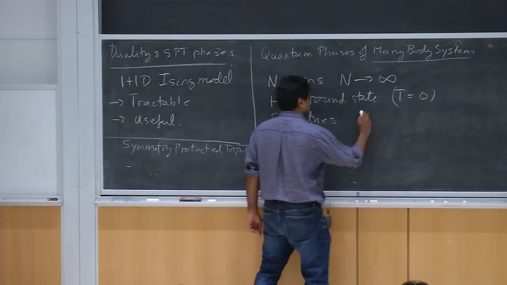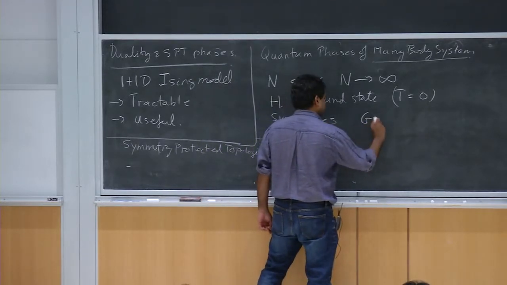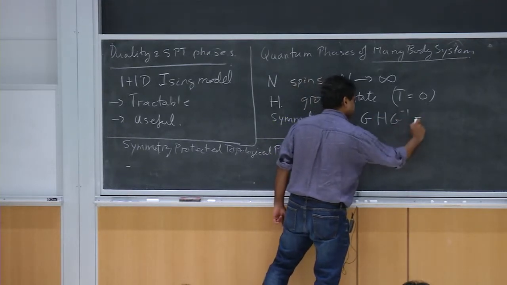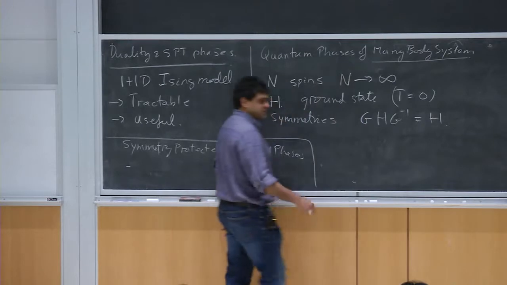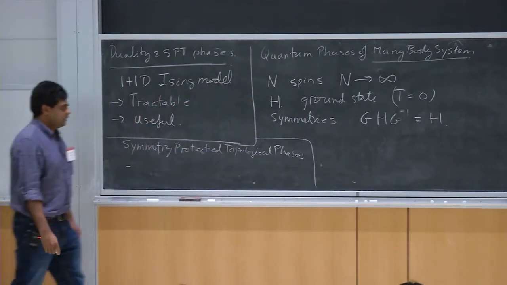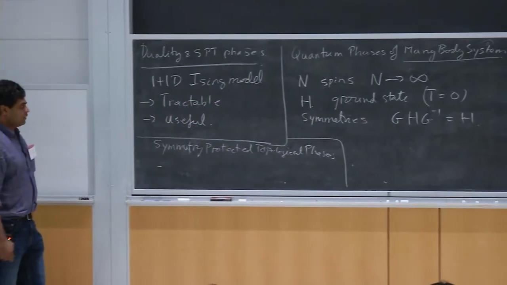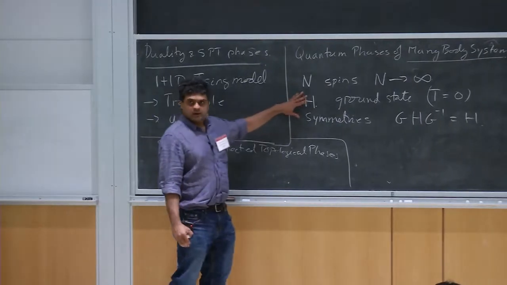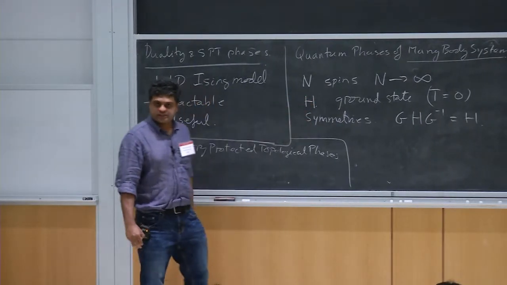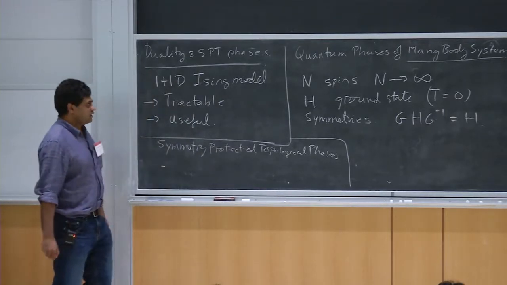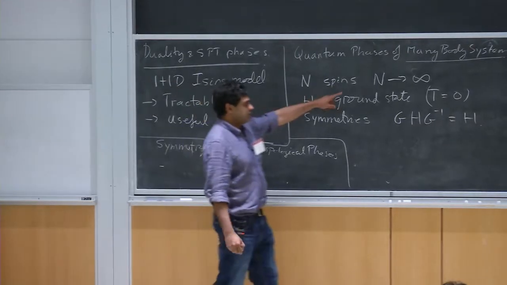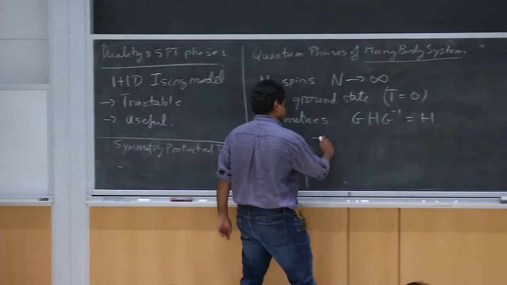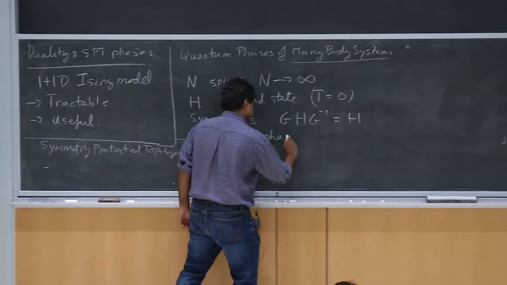Okay, so there may be some unitary operator that implements these symmetries and leaves the Hamiltonian invariant, and the question is, when you have such a setup, what kind of new physics do you get? Which is not available in the limit of small number of particles. And of course we know that one of the consequences is we get phases of matter.